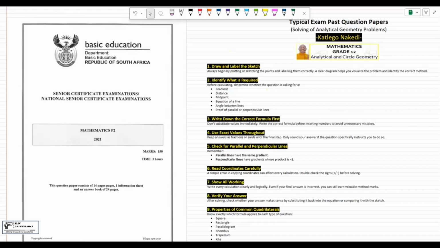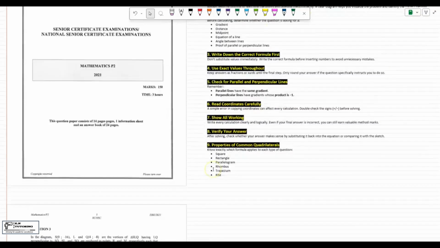On your screen, you'll see a couple of tips, a couple of things that you need to take into consideration when attempting and solving analytical geometry problems. Take note of them, and you'll see I'll be applying these tips as we go through solving the problems. Analytical geometry,